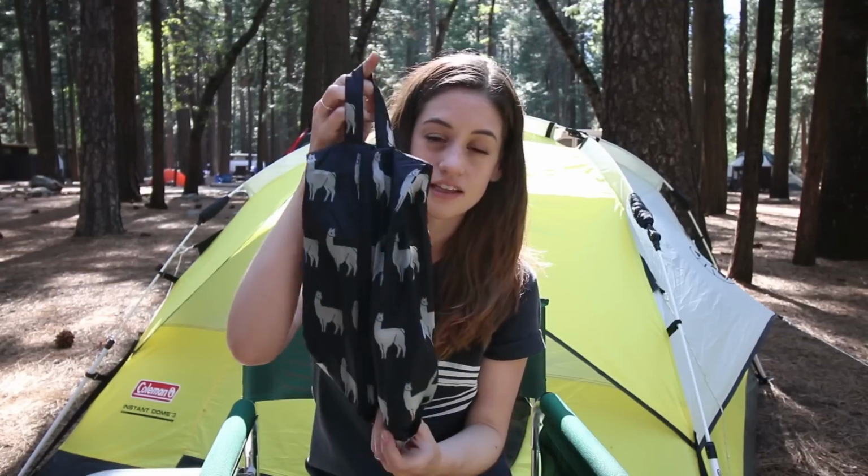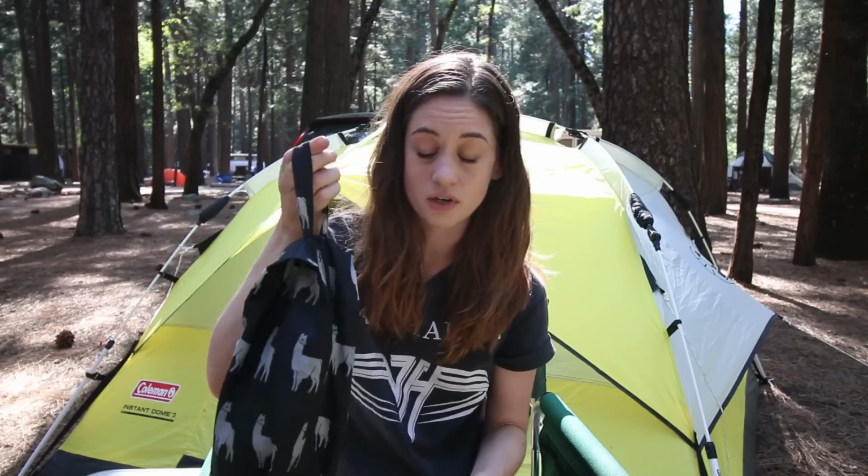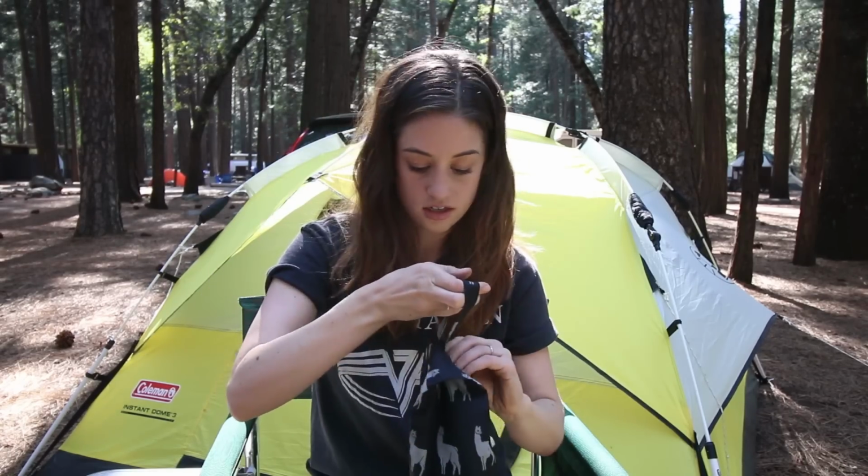What I like to do to make my nighttime routine easier is I keep my essential nighttime stuff in a separate little bag, so I don't have to be going through my purse or my backpack or a bunch of little things to get my toothpaste and my essentials for getting ready for bed. I like this little bag because it has a little thing that I can hook on to whatever, and in here